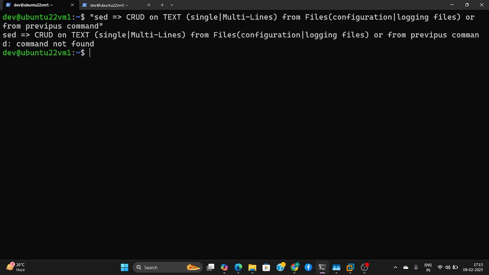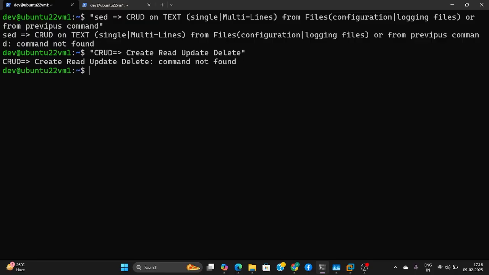What is CRUD? CRUD is an acronym, and it stands for create, read, update, delete. Here we will perform create, read, update, delete operations on text in a file. How can we perform these operations, and what is the syntax for it? I'll just let you know one more thing here. For create,